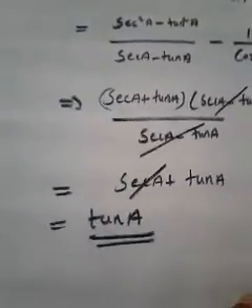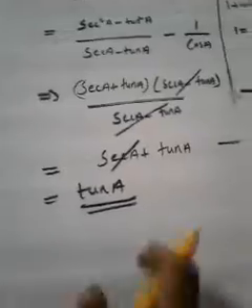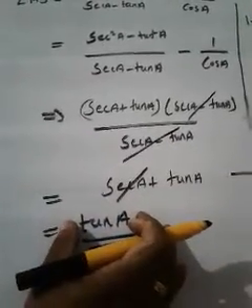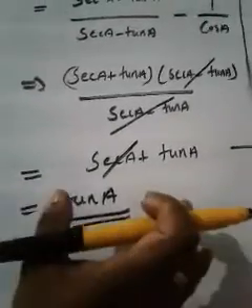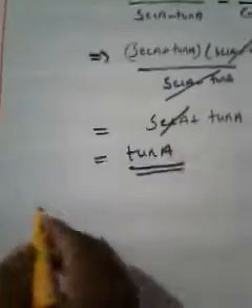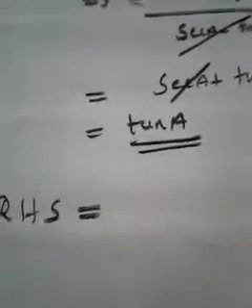Now keep it like that. LHS we got tan A, no? We cannot proceed any more steps because it is the most simplified ratio. So can you proceed any further? No, because it is the most simplified thing. I'm not going to disturb it, let it be there. I'm going to simplify RHS also. What is RHS? You may have understood the idea.